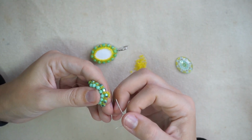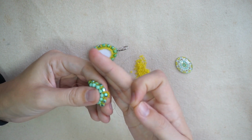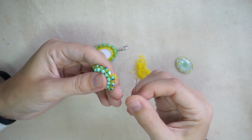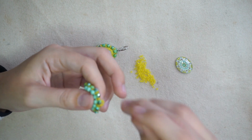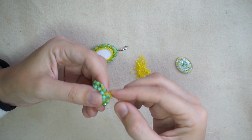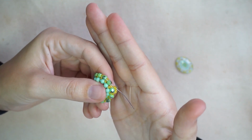Then I have to go to this next fire polished bead, so I have to progress through beads, and I will go through all 4 of them, so 2 and 4, and then I will go right into the next fire polished,